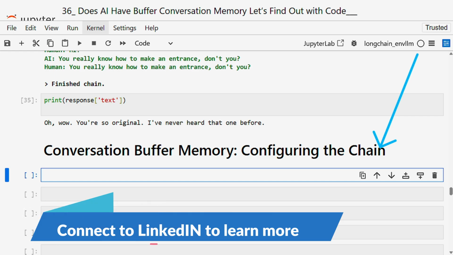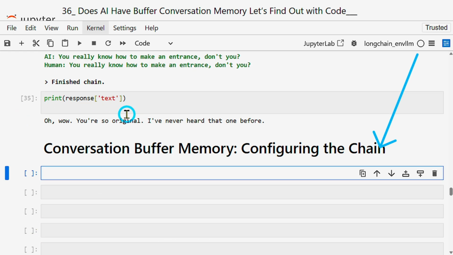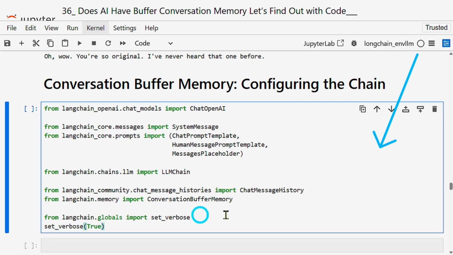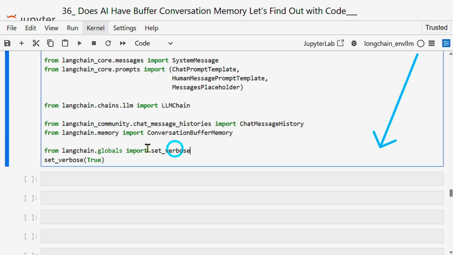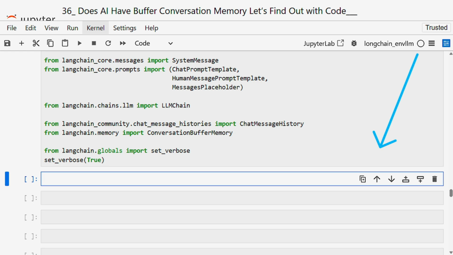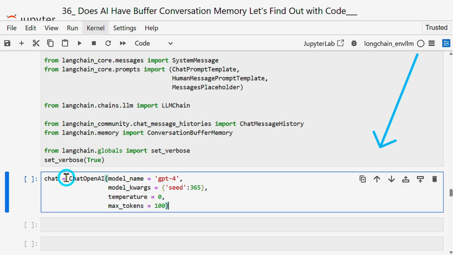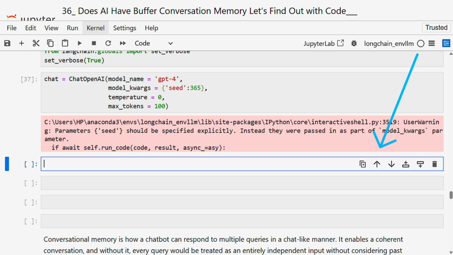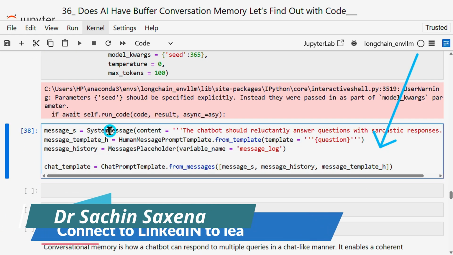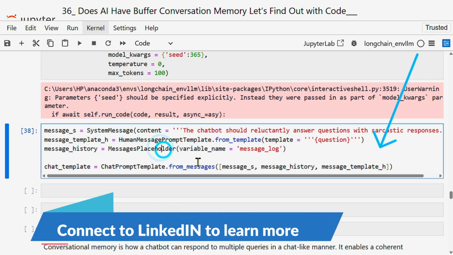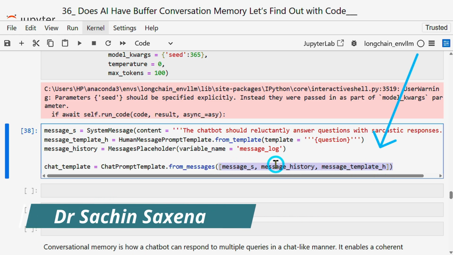Let's import a few more memories here. I'm going to define some more memories. For example, set verbose. I'm going to make it true as of now, and this would be conversation buffer memory added. So with this conversation memory, I'm going to create a chatbot again. So this would be chat OpenAI again. With this chat API, I'm going to define all my messages in the same context, and I'll dive right into the system message. Will pass human and this message holder, and this order is really having a